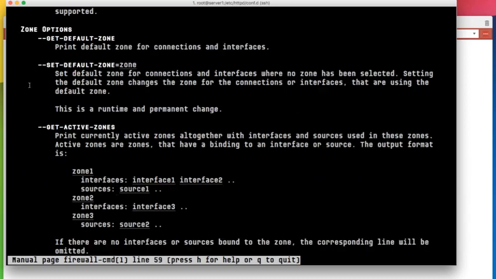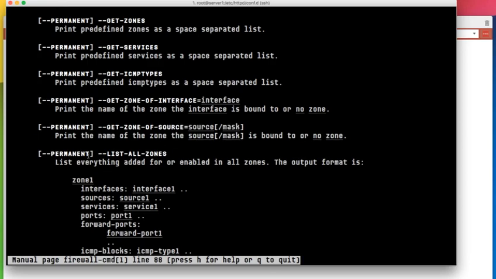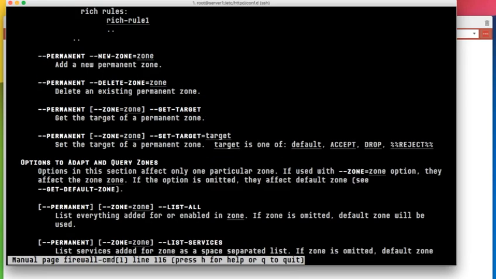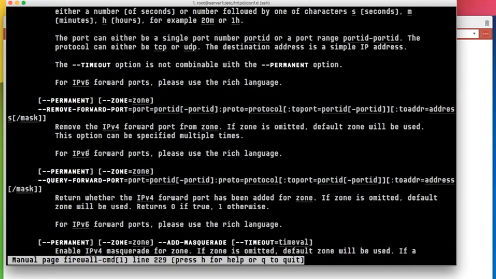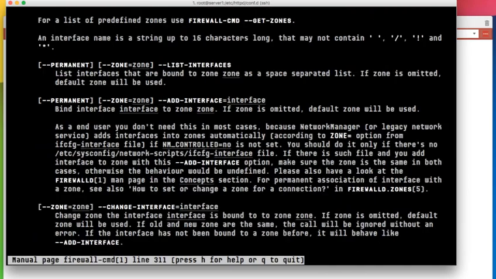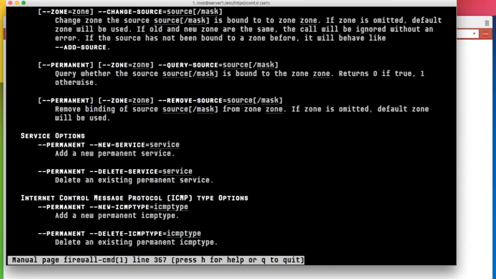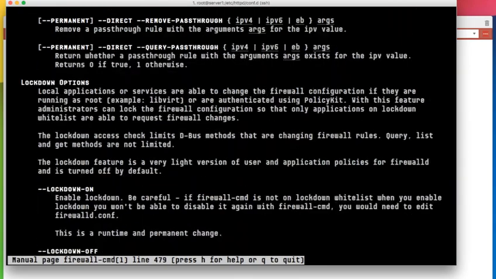And here, if you had lots of different NICs, you can put them on zones, and then you can have your access list allowing from one zone to another, just like a firewall would. And if you go down, I think there might be an example of where we can add